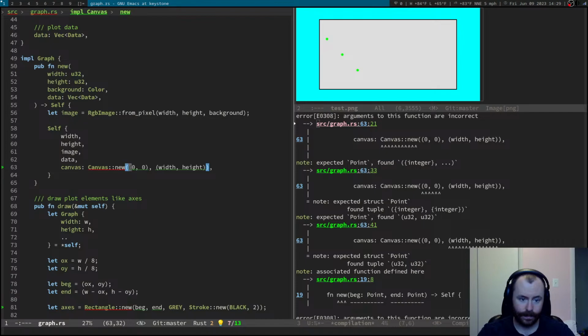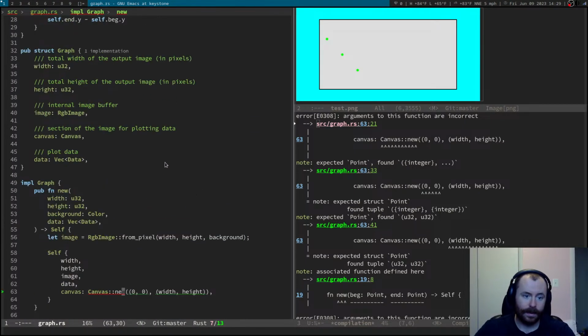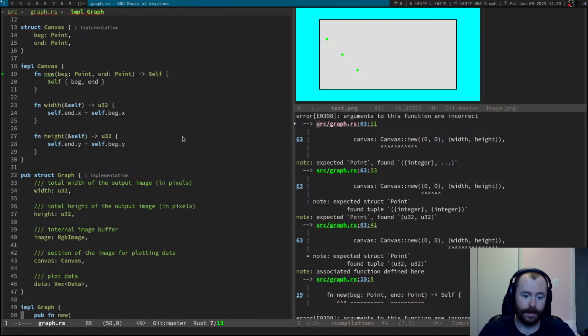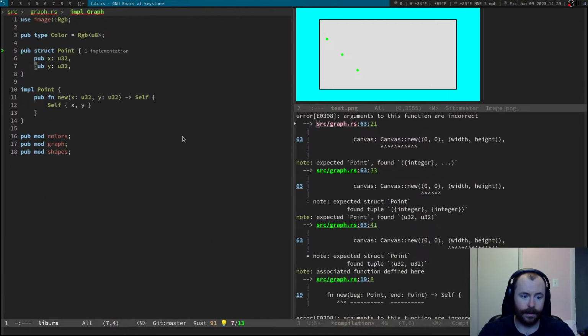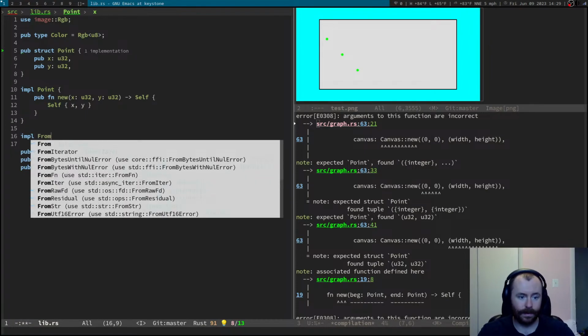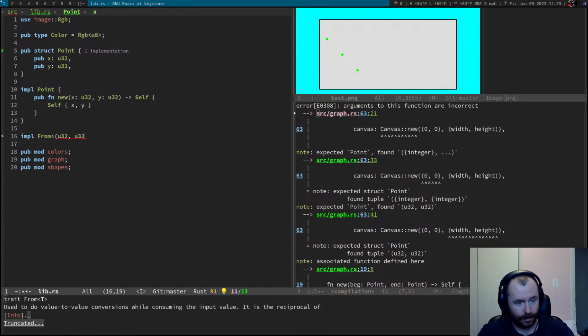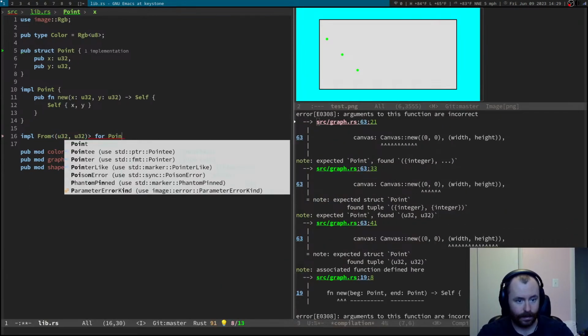Canvas new. Okay, so I think actually what we can do here is if I go back to lib point, and if I do this, sample from U32 point,